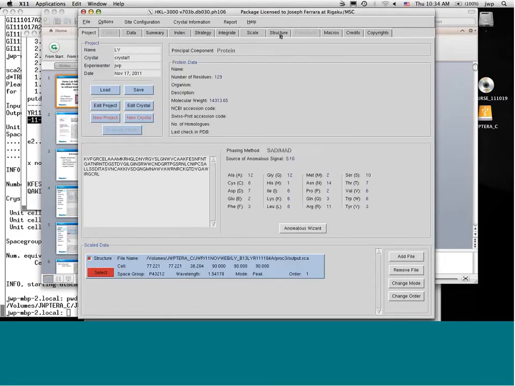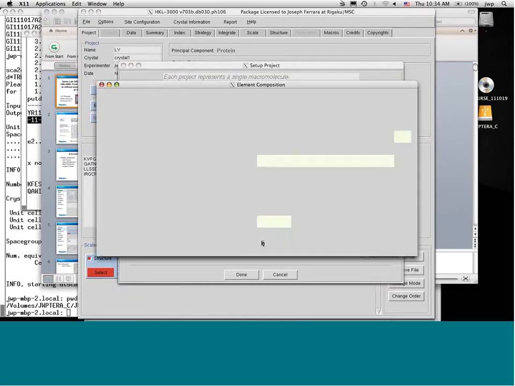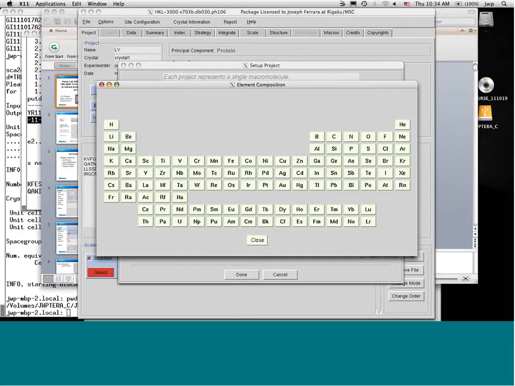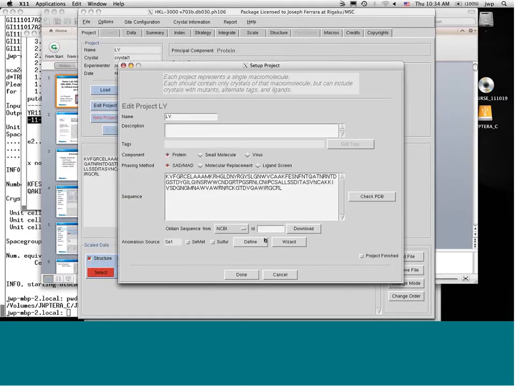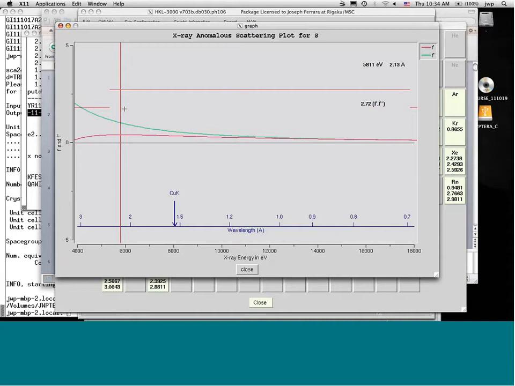And I'm ready to do the structure. The other thing you will note here is that if I was editing this project, I could click here on define, a periodic table comes up, and I could pick any of the atoms that I'm interested in as the anomalous scatterer. There is also a periodic table for the anomalous scattering wizard, and I think you guys have seen things like this. So if I click on sulfur, here's the F double prime and the F prime, and at